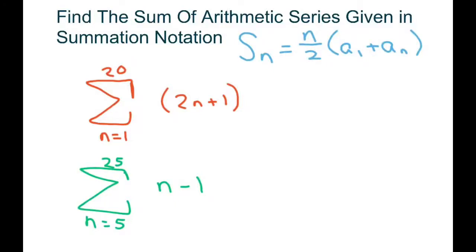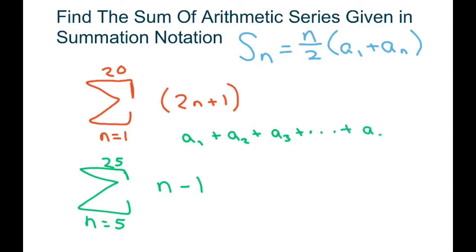Hi everyone, we're going to find the sum of arithmetic series given in summation notation. Before we get started, I want you to notice something here. When you're reading summation notation, this means we're starting at a sub 1, then we're doing a sub 2, then a sub 3, all the way